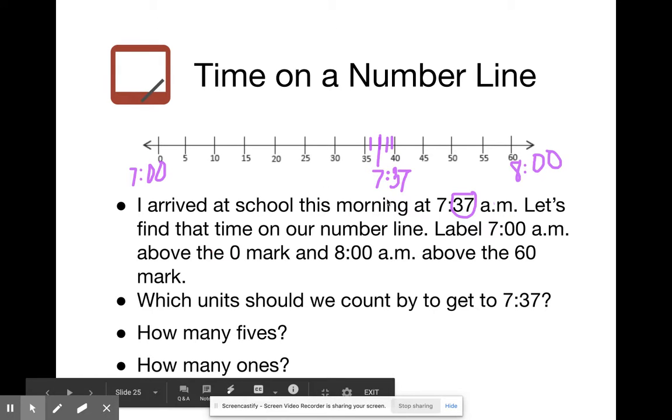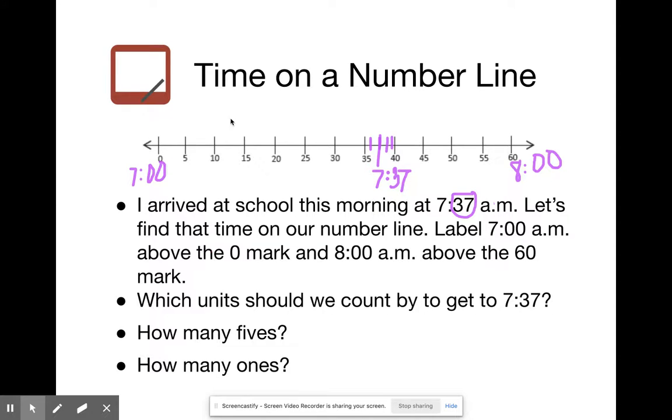All right, well, let's see how many 5s it took us to get to 7:35. 5, 10, 15, 20, 25, 30, 35. Okay, that was 1, 2, 3, 4, 5, 6, 7. That was 7 5s and 2 1s. Okay, so when